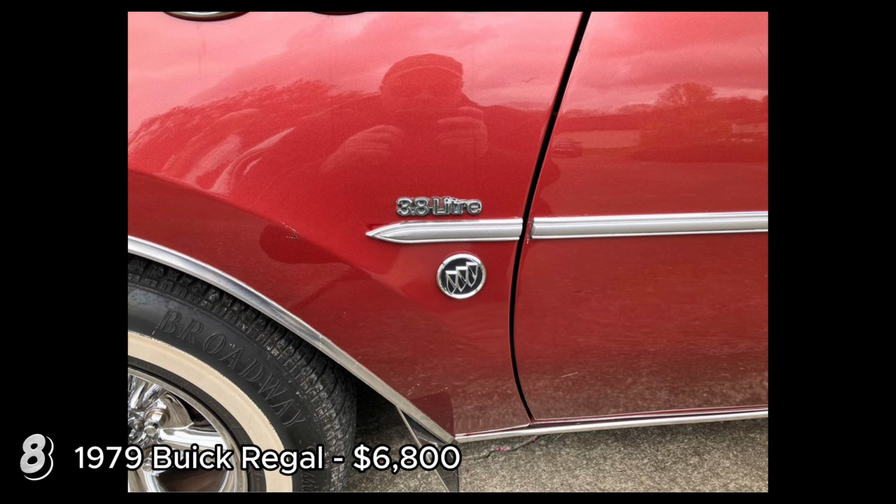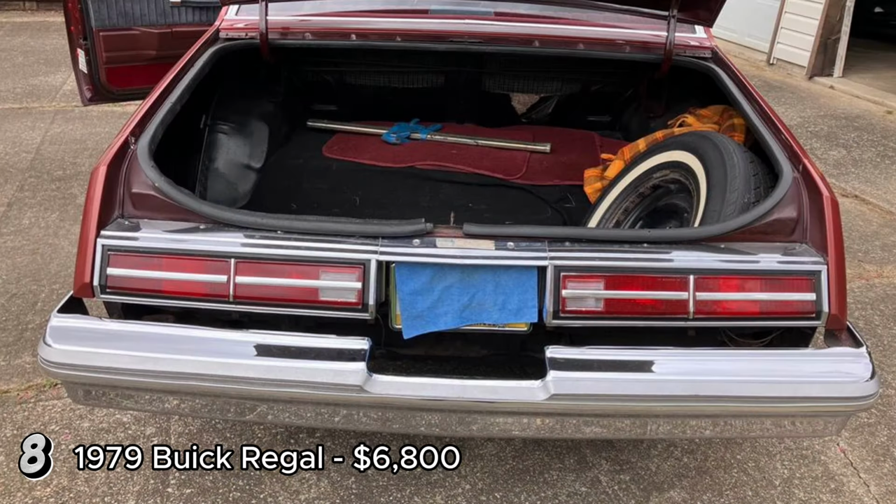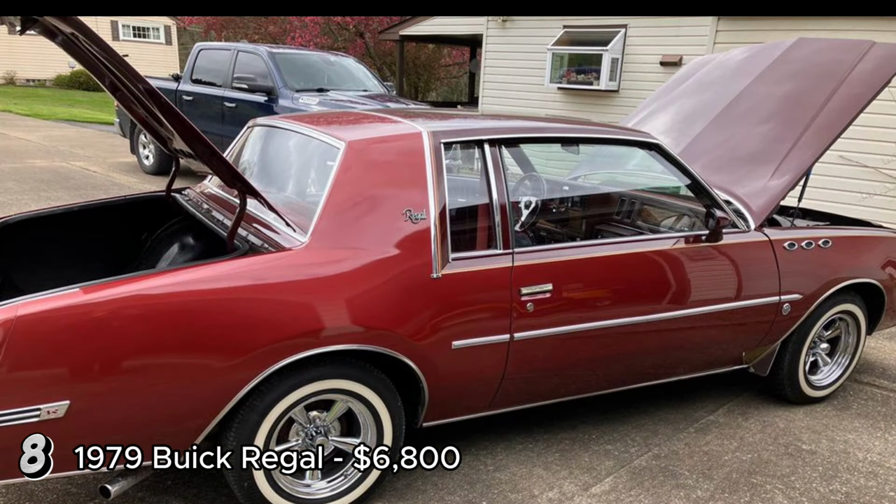The 1979 Buick Regal is a classic American coupe known for its smooth ride and comfortable interior. Priced at $6,800, it seems like a reasonable deal given its low mileage and good running condition. With no significant issues and a clean title, it presents a solid option for those seeking a reliable, classic car